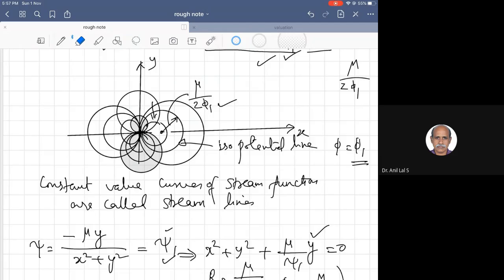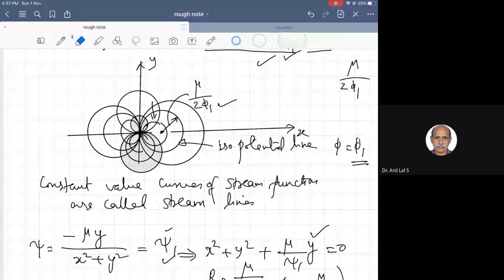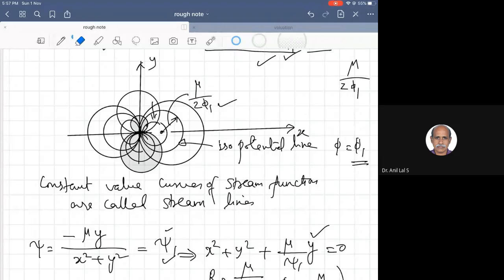So this is about the doublet, and we will see what kind of flow situation arises when a doublet faces a uniform stream of flow, what is the equivalent of that? We'll see in the next